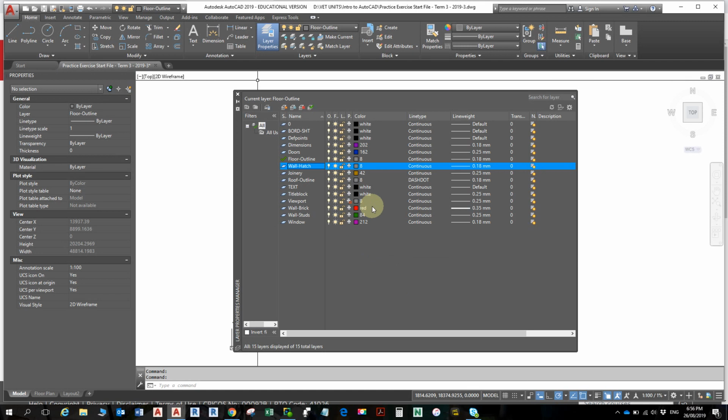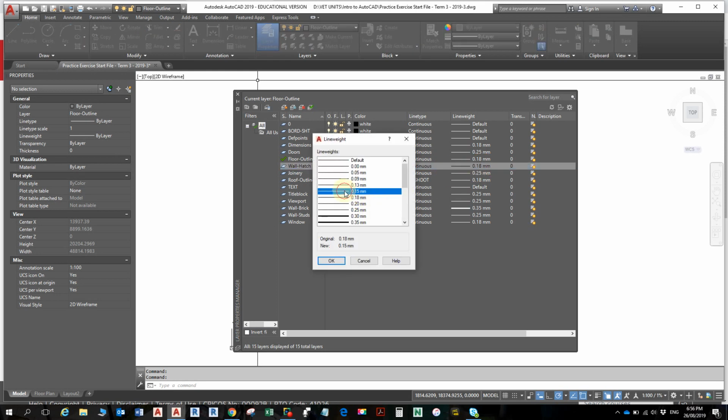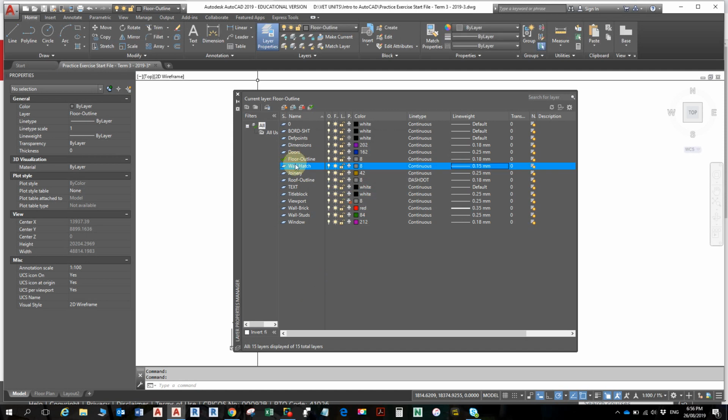Generally, wall hatch is done with a thin sort of line type. Grey is fine, or you can give it a different color if you want, but grey is good enough. 0.18 or even thinner if you want. Maybe 0.15, it doesn't matter. Go OK. And then make that current layer by double clicking on the name there, and it gives it a